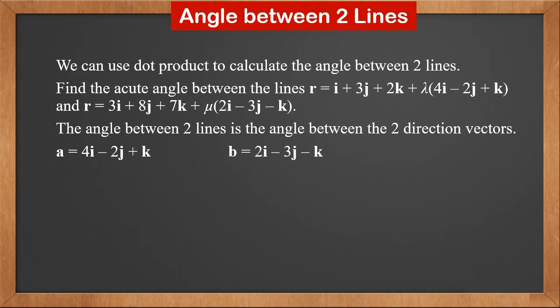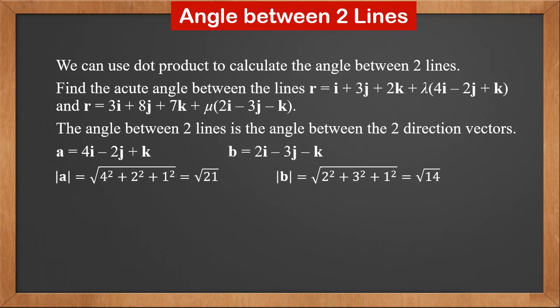Let A equal the first direction vector, 4i - 2j + k. Let B equal the second direction vector, 2i - 3j - k. A's magnitude is root of 4 squared plus 2 squared plus 1 squared, which is root 21. B's magnitude is root of 2 squared plus 3 squared plus 1 squared, which is root 14. A dot B is 4 times 2 plus -2 times -3 plus 1 times -1, which is